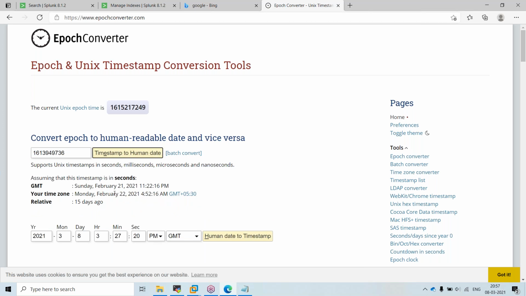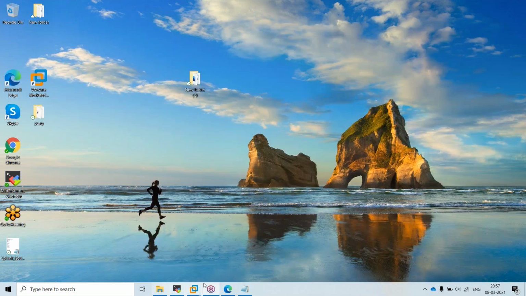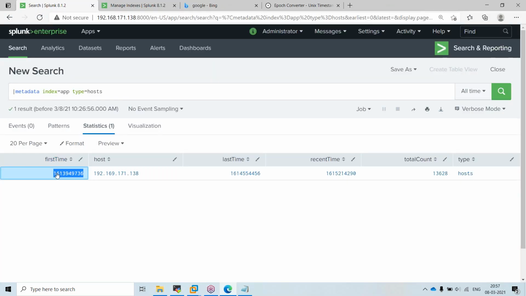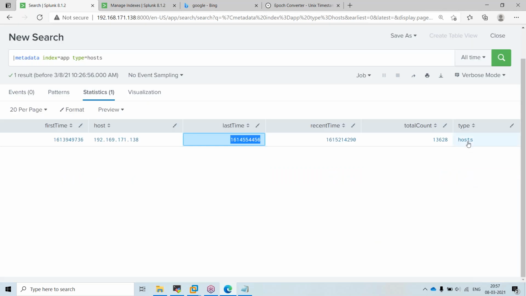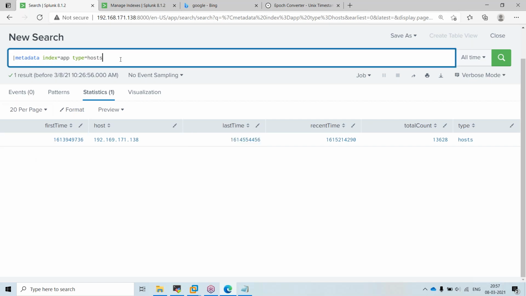So this is the first time, and from this host, the last time when it recorded the logs. It will store some information like the type, host, how many events are there, and what is the recent time it has communicated.